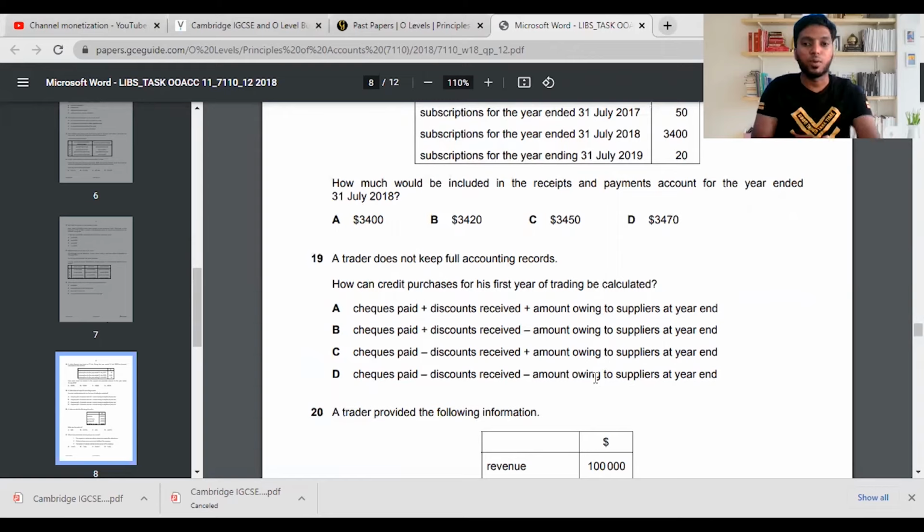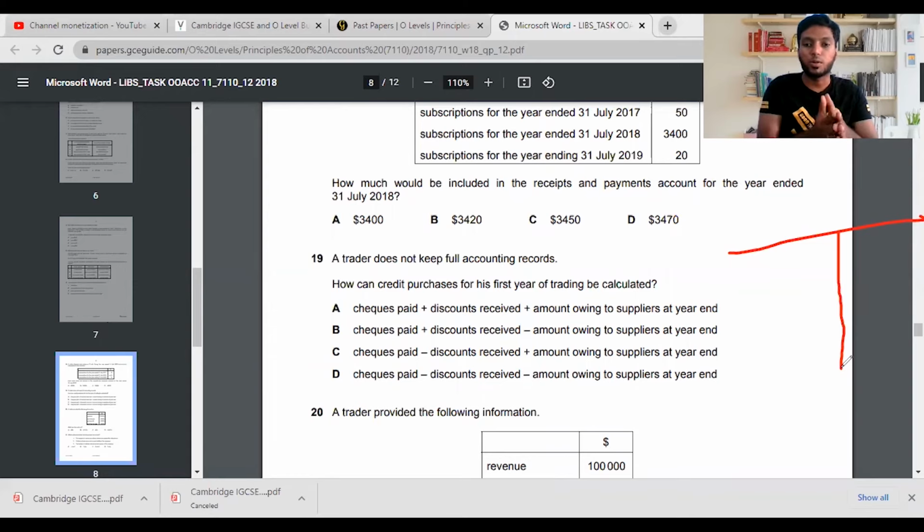A very straightforward one. When you're doing a sum like that, you need to remember one particular thing: the creditors control account. If you take the creditors control account, you have a format. The entire description of this control account is given under this video, so you can click it, watch the control accounts, and learn how control accounts actually work.